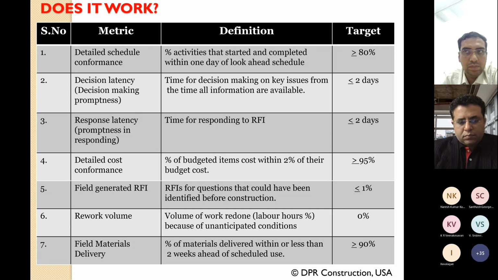This saves you a lot of money, because if you have to do rework, then you have to spend more on labor and material and machinery and so on. Similarly, many of these other metrics are equally impressive. For instance, the cost performance was more than 95%, which means you are more or less on budget, subject to a few minor variations. The number of RFIs, or requests for information, generated on the field was less than 1% of what was normally generated on a construction project. Again, you can see how you are now able to meet cost and save a lot of time. And as we know, time is money, so there are all of these savings that you could then quantify on your project.